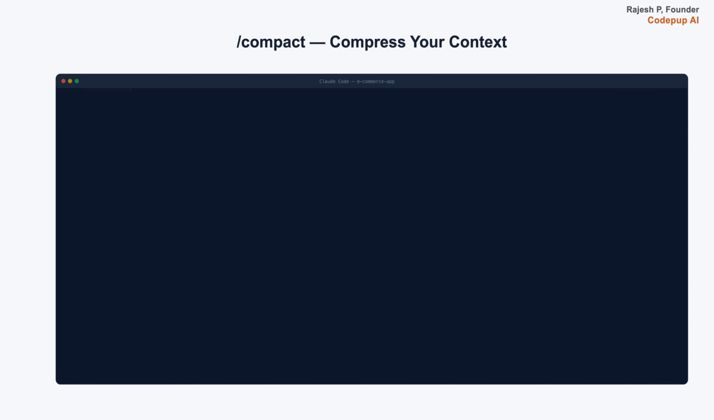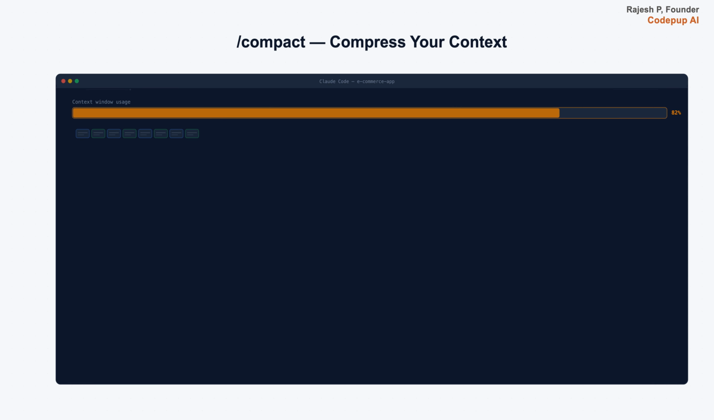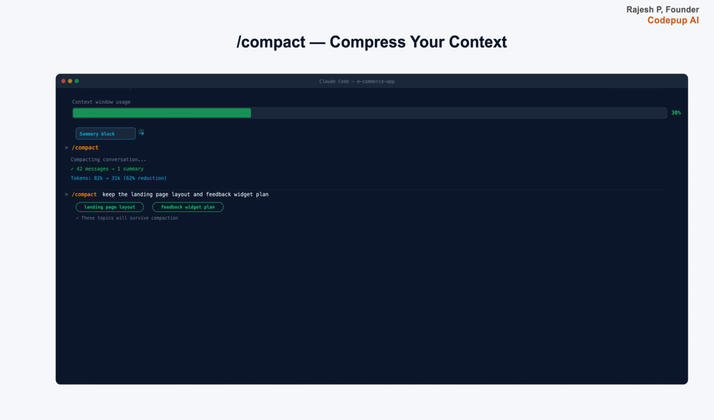Here's a problem you'll hit. You're deep into a conversation, asking great questions, getting detailed answers. Then Claude starts forgetting things you told it 20 minutes ago. That's because every conversation has a memory limit. The longer you talk, the more Claude has to juggle, and eventually older context falls off. /compact fixes this. It compresses your conversation down to just the important parts. You can also tell it what to keep, like /compact, keep the landing page layout and feedback widget plan. Claude Code also auto-compacts when conversations get really long, but running it manually after a deep exploration gives you control